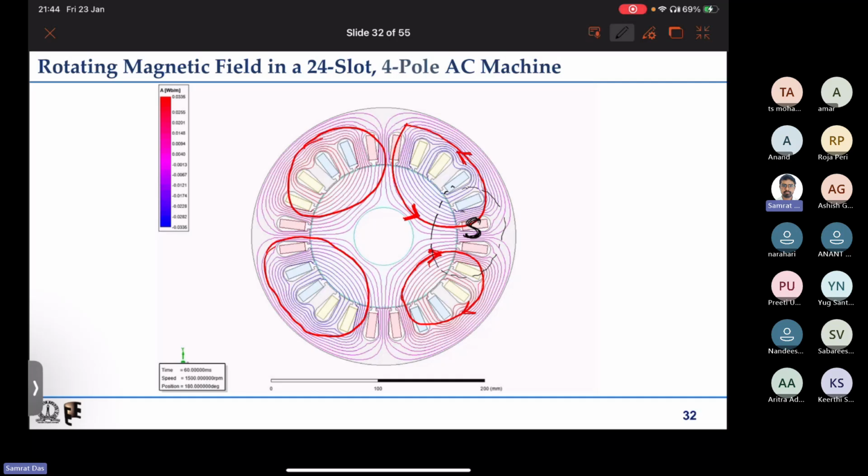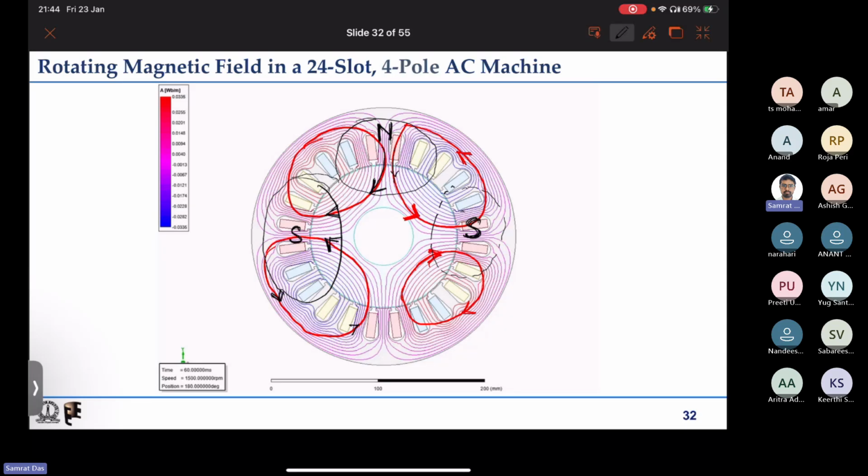Now here flux lines are coming out, here also we will find that flux lines will be coming out. So this portion creates another pole, that is north pole in stator, right? Now because it is going in, we will find out that this also goes in and comes out like that, right? So this whole thing forms